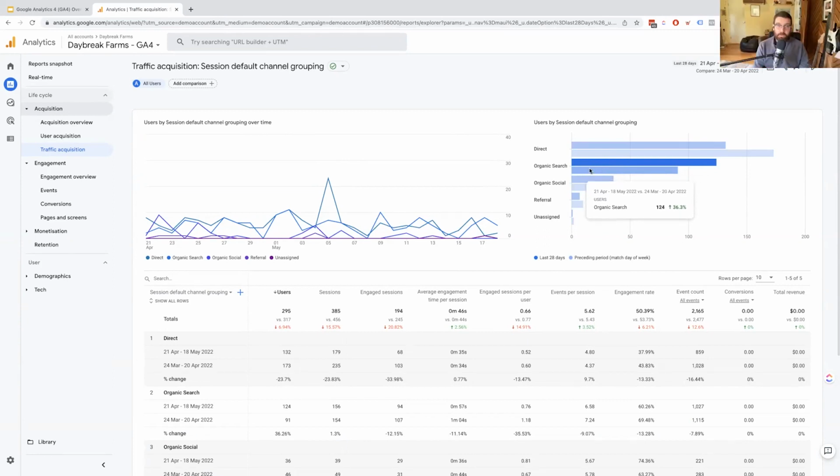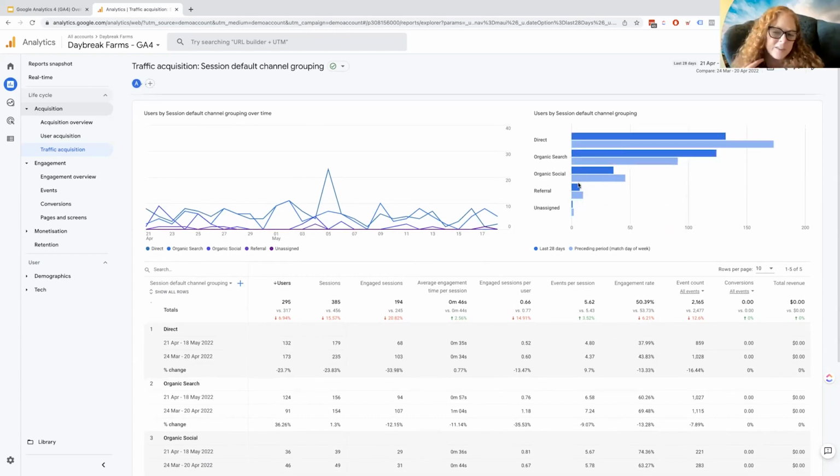Yeah, but they've had more organic searches. So that's also a good sign for them, that people are Googling them. Also, organic social, which is just an awkward phrase to say. Can you break that down? Remember, they don't do source medium. But yeah, if you went to user acquisition,